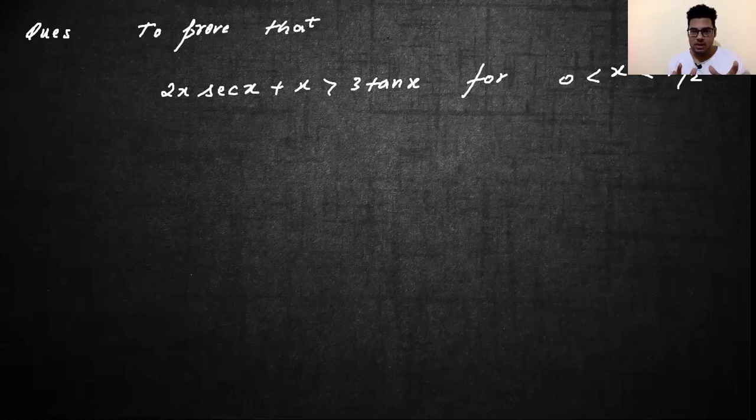So I'll give you a hint before leaving the lecture. What you can do is make use of increasing or decreasing functions, assume a function, and after assuming the function, you can see whether the function is increasing or decreasing in this range, that is 0 to pi by 2, and try to make use of, if x1 is greater than x2, then f of x1 is greater than f of x2, right? So that will really help. And with this hint, if you are able to solve this, then it is very, very good. You have got the concept, and conceptually you are going in the right direction.